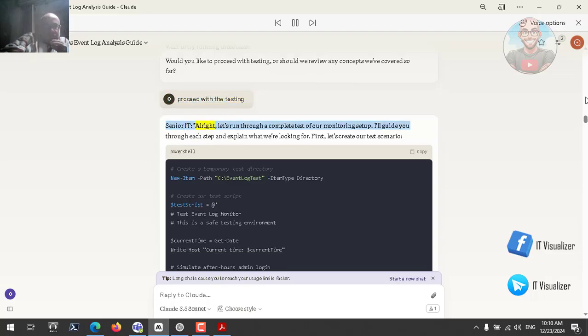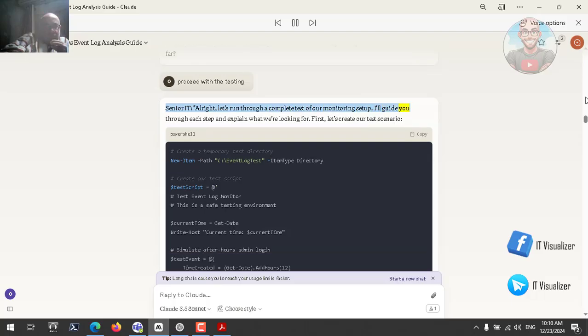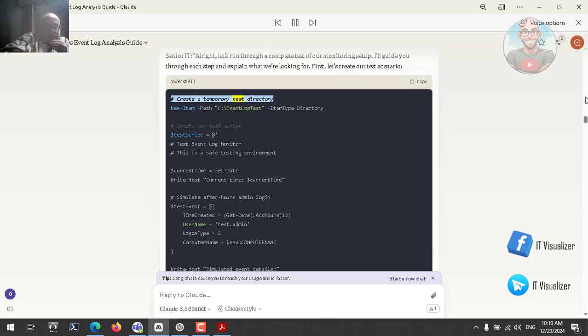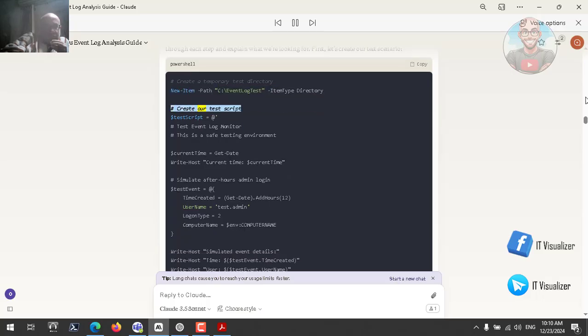Senior IT: All right, let's run through a complete test of our monitoring setup. I'll guide you through each step and explain what we're looking for. First, let's create our test scenario. PowerShell. # Create a temporary test directory: New-Item -Path C:\EventLogTest -ItemType Directory. # Create our test script: $testScript = @"# Test event log monitor #